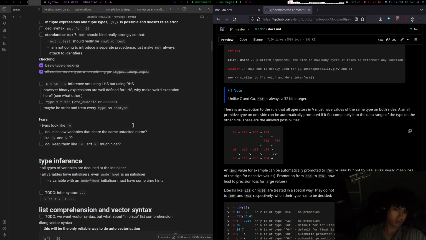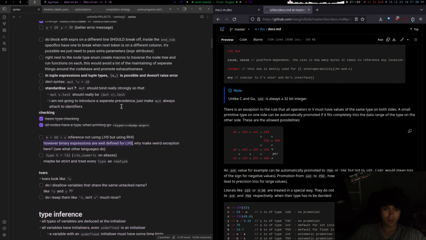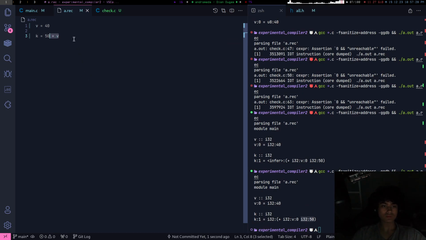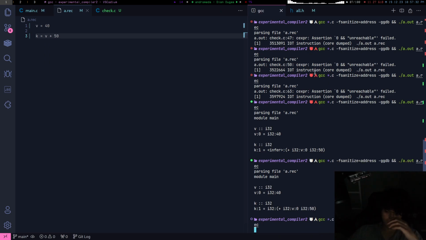See, binary expressions are well defined for the left-hand side, so making a weird exception probably won't fly later on. So let's see what other languages do. Anyway, v plus 50. Okay.